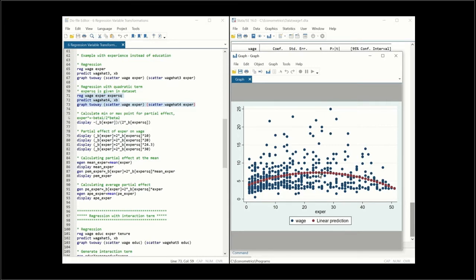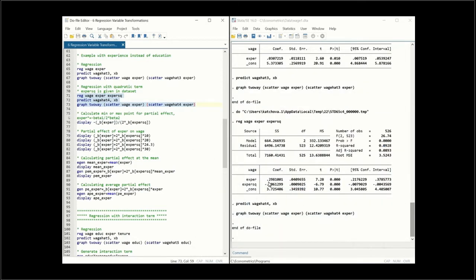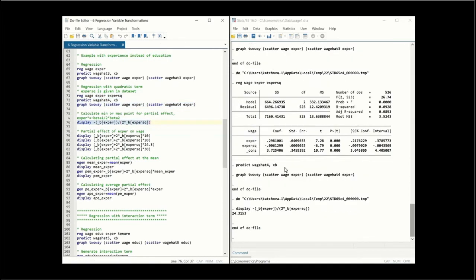It seems to be right around here. And the formula for that is that experience star would be equal to minus beta 1 divided by 2 times the beta 2 coefficient. So if we look at this, this is the beta 1 coefficient divided by 2 times this coefficient. If we actually calculate it, this will be 24.3 years of experience. That's where it's going to switch between positive and negative